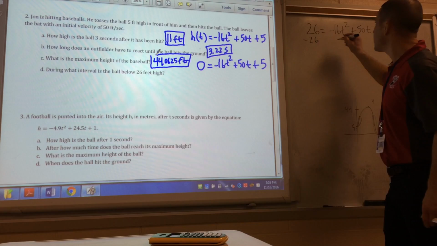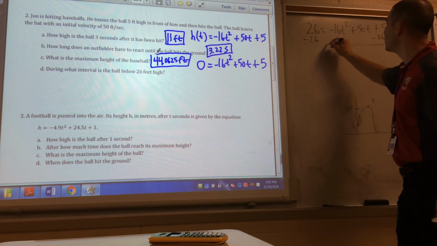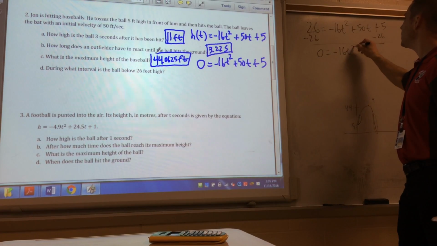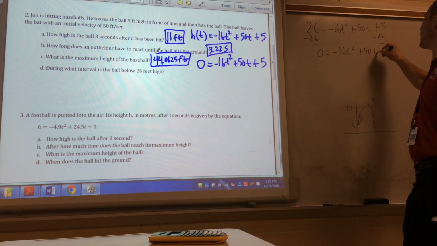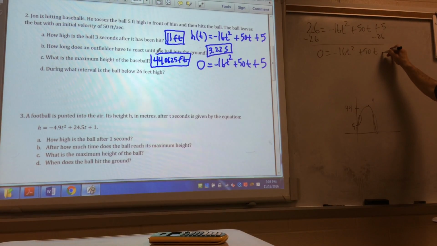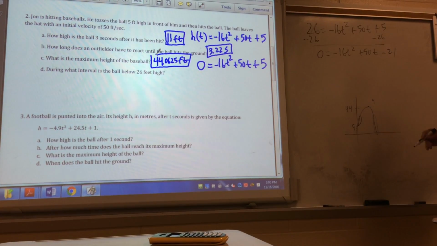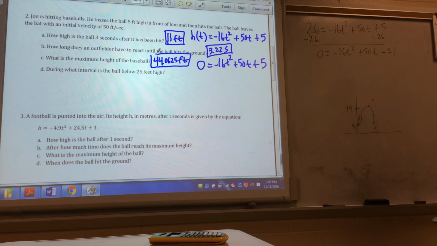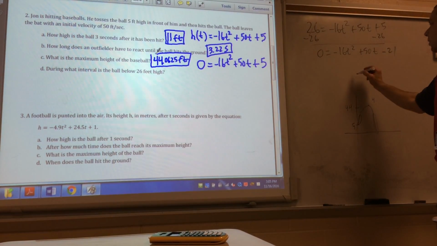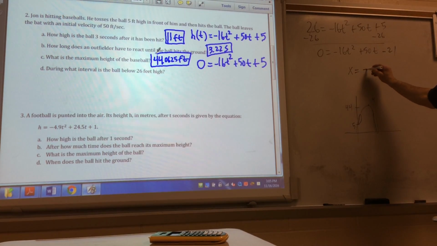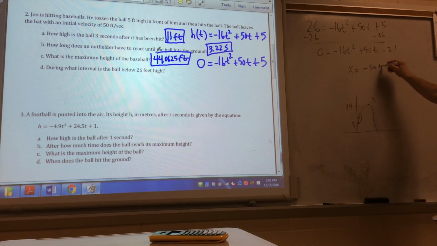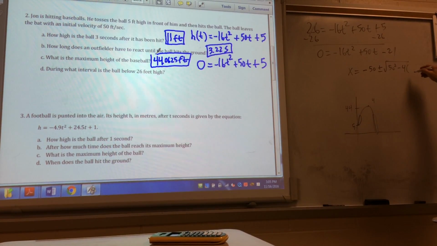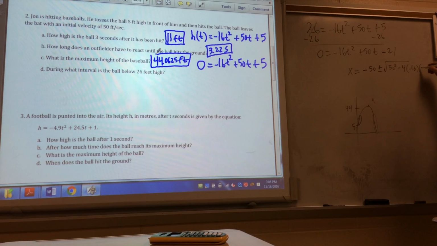We've got to move the 26 over, so that we get 0 equals negative 16t squared plus 50t minus 21. Again, I would love to factor it. It's not going to factor, so what do we need to go to? Quadratic formula. So x equals negative b plus or minus the square root of b squared minus 4 times a times c